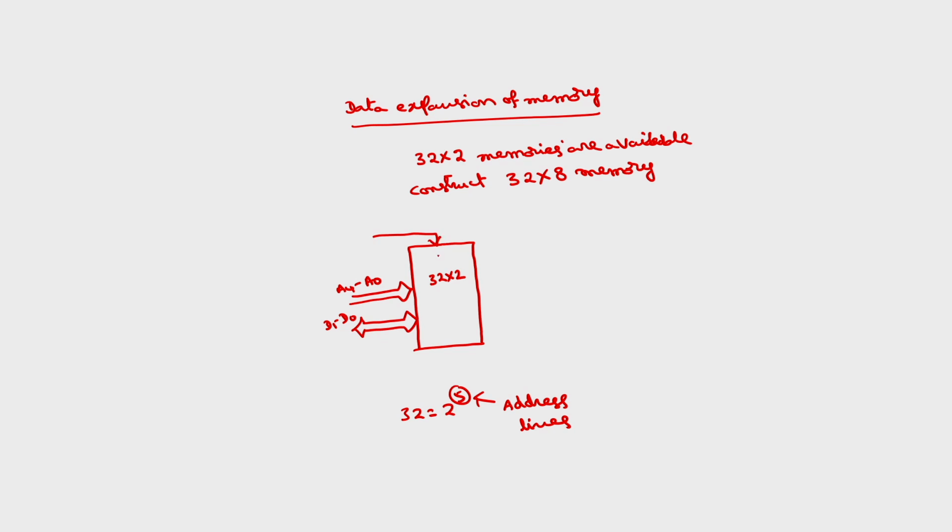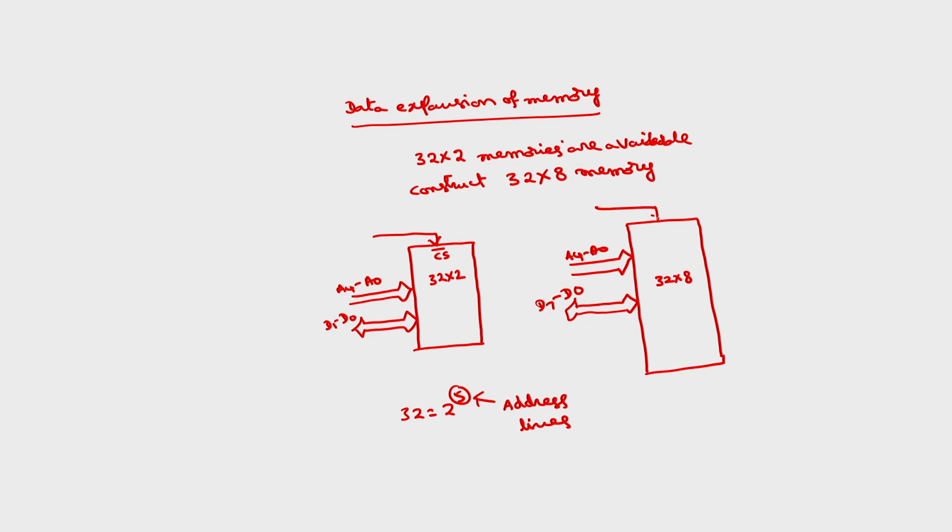This will have some chip select signal. Normally chip select will be active low, as I have told, and read bar write bar depends upon whether the memory is read only memory or read write memory. Now if I take 32 by 8, the only difference is the number of address lines remains the same. 32 by 8 also has 5 bit address lines A4 to A0, and the data will be 8 bit, D7 to D0. This also has some chip select signal.